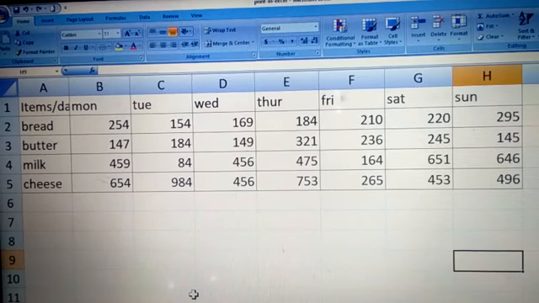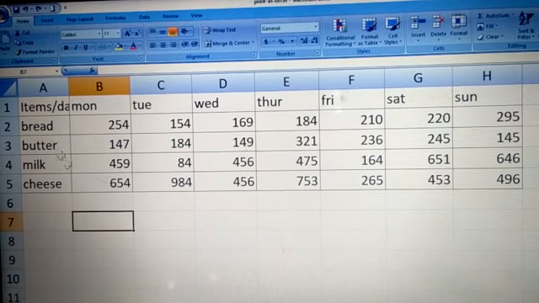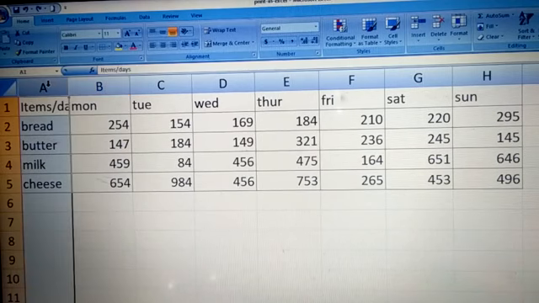So children, this is our data, okay, and see here in the first column, you can see some text has been cut off because this column is not wide enough, right? So we need to increase the column width of this column. So first what you will do, you will select this column, and for that, how you will select, children? To select the entire column together, you will bring your mouse pointer at the very top, okay, and see the mouse pointer changes from cross to the downward arrow, right? So this is the arrow which will help you to select the entire column. So this is the column I want to select, and see the entire column has been selected.